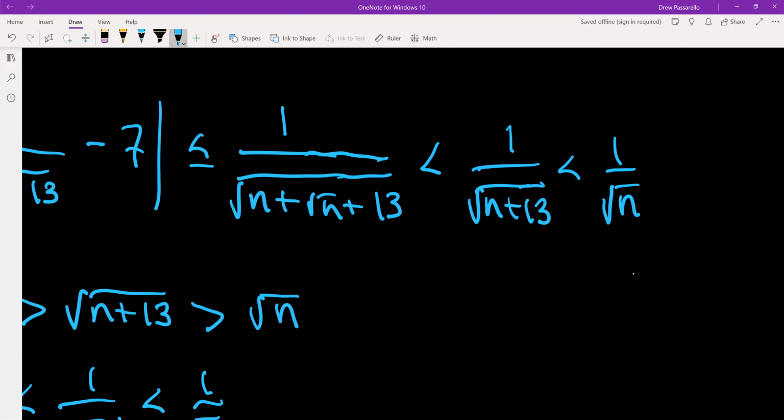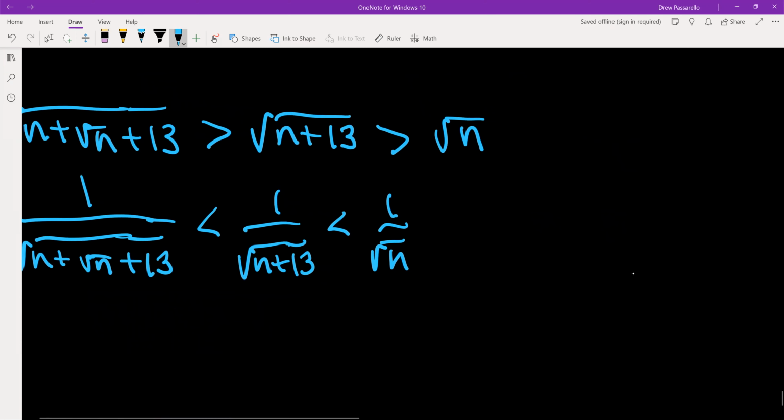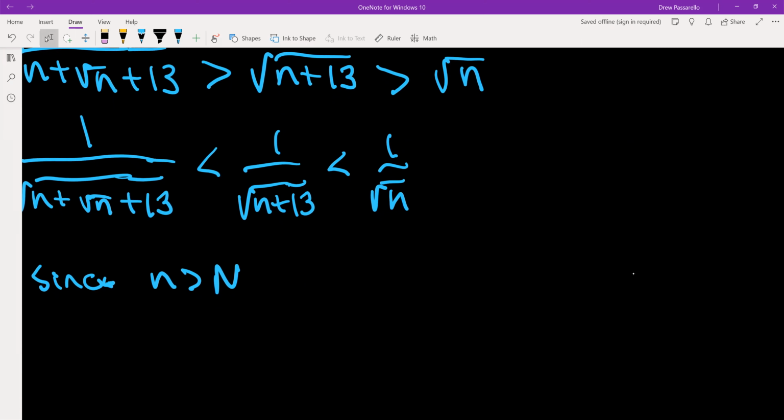But then little n is bigger than capital N, and 1 over little n is less than 1 over capital N, and that's true even when we square root both sides. So 1 over square root of n is less than 1 over the square root of capital N. So then we could say this string of inequalities, and that's less than